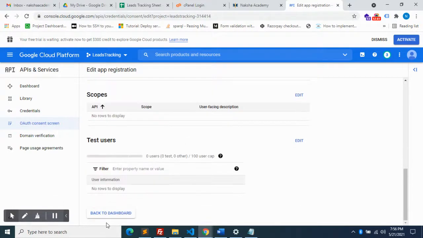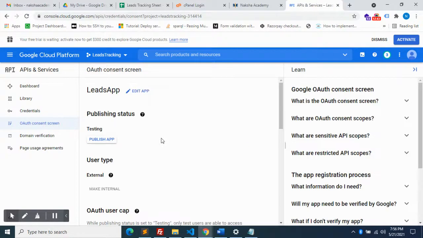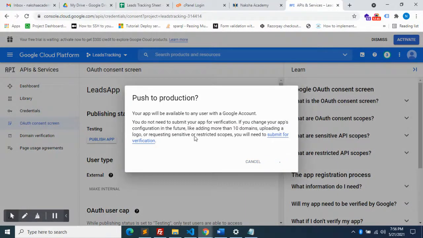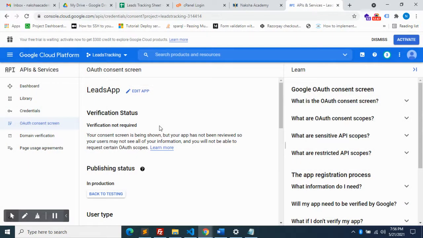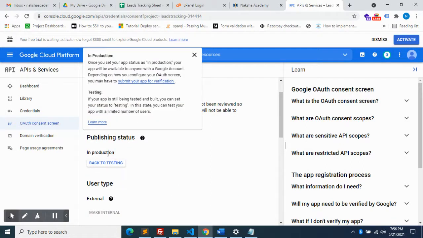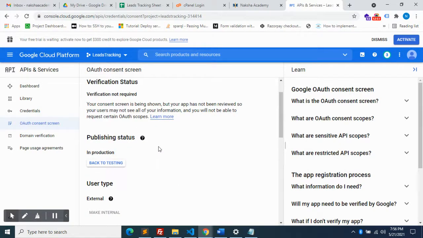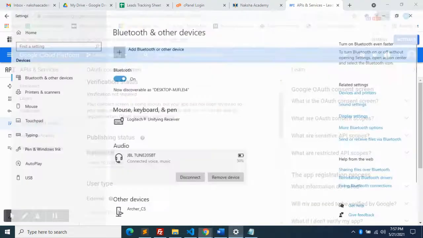Now we can set the scope. Back to dashboard. We can publish the app now. Yes. So now the app has been published. Now it's showing the status as in production. Only then will we be able to use the Google API. Okay, fine.